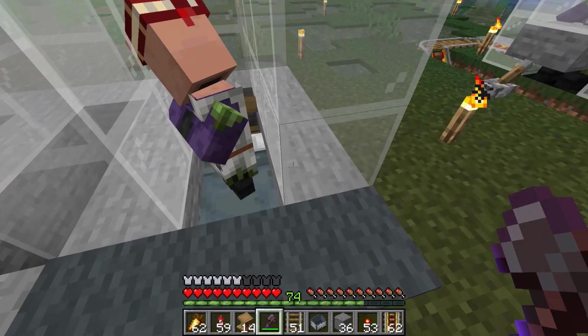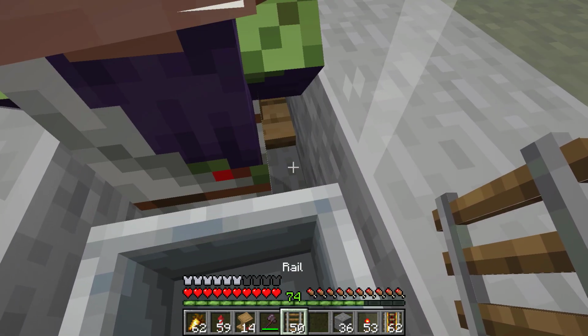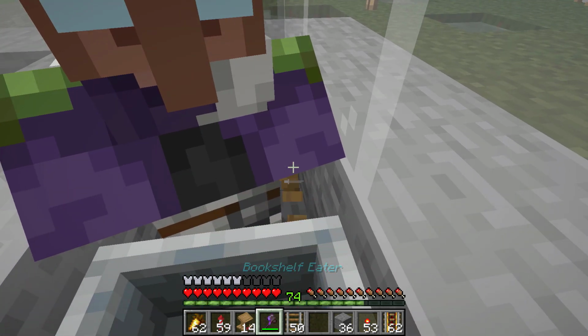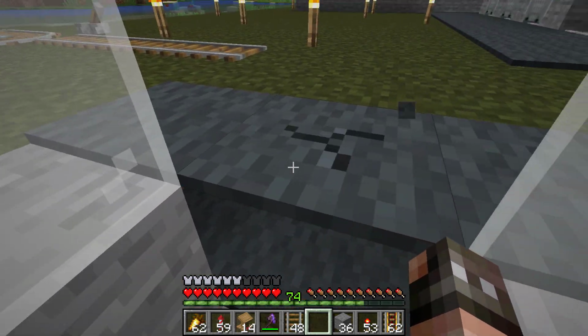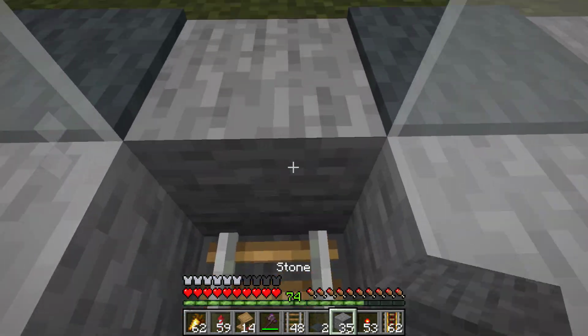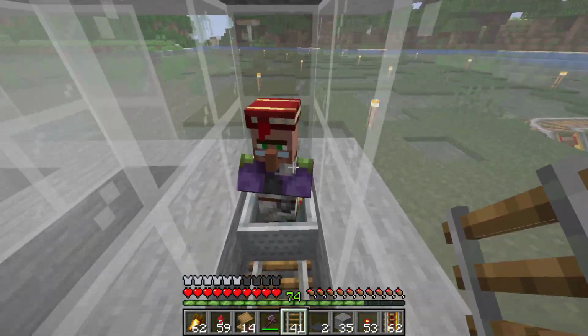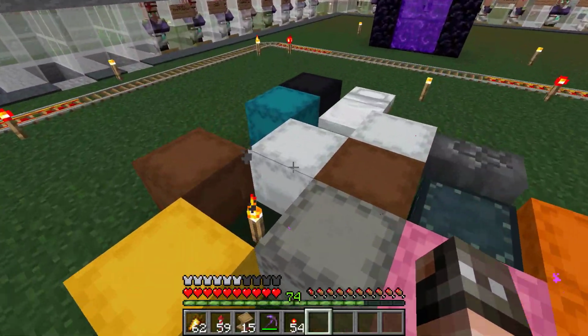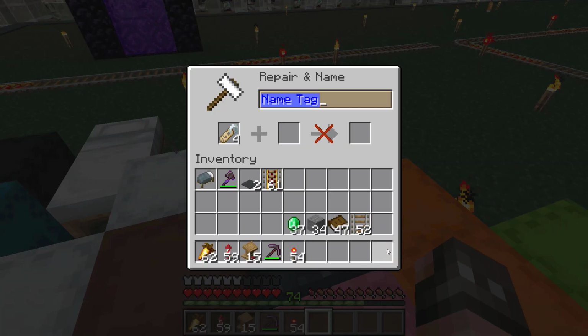Oh! I legitimately, no joke, I kid you not, I set aside a few hours this morning to try and get that last book. I have seen Efficiency 5, I have seen Sharpness, I have seen all the good enchantments. I just could not get Luck of the Sea 3. Oh, I am stupid. I'm so ridiculous. I remember now why I left them and I didn't actually...